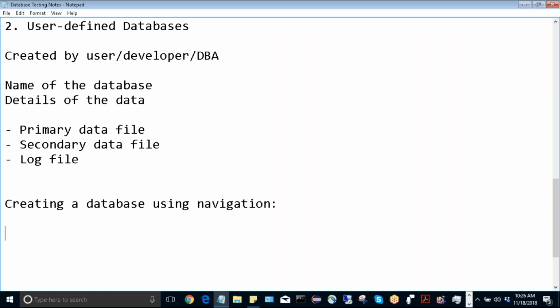Just create a command, create table and the table name, and then the field names and records, and then how many. Yeah, right. So in creating a database, you open the database and you write some query, which is also known as structured query language, SQL. So what is SQL? SQL is structured